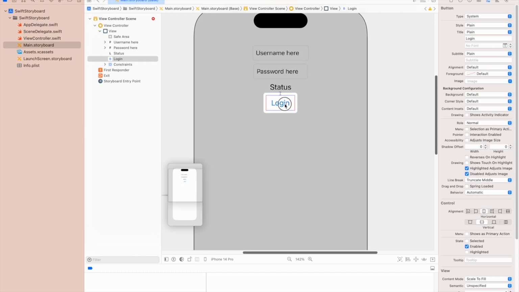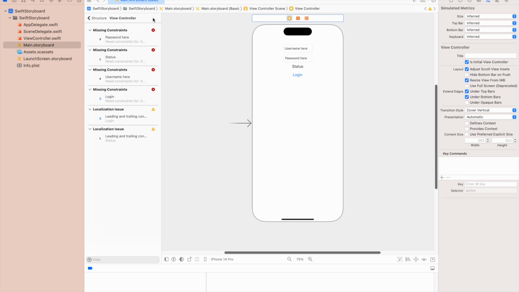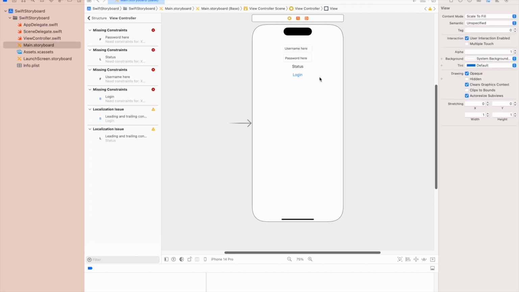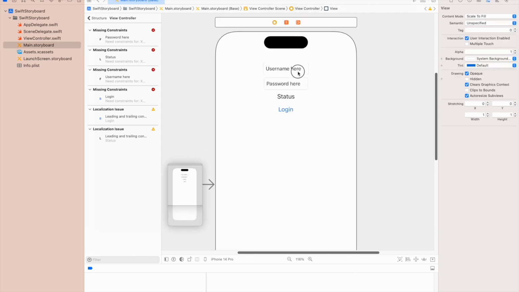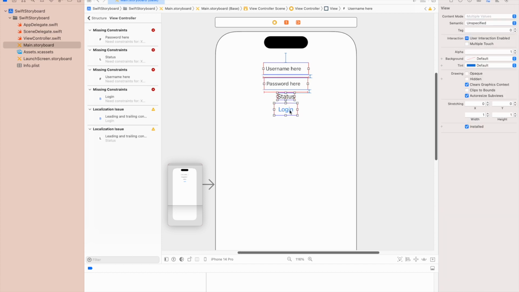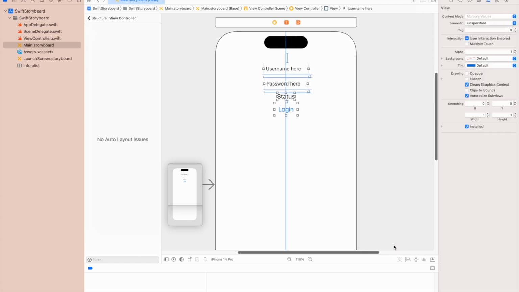And what's wrong with this guy here? Missing constraints. Oh, and they say it needs an X position. And so what we're going to do with all these guys here is, why don't we say they're all horizontal in the container, and then